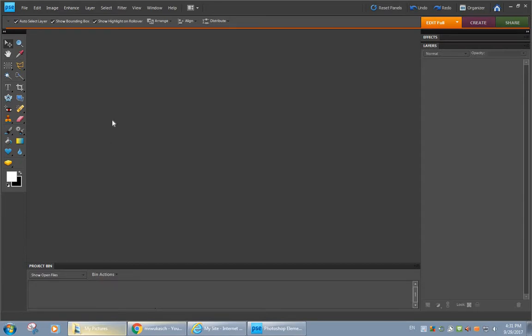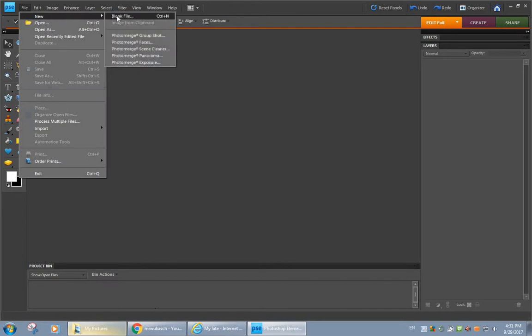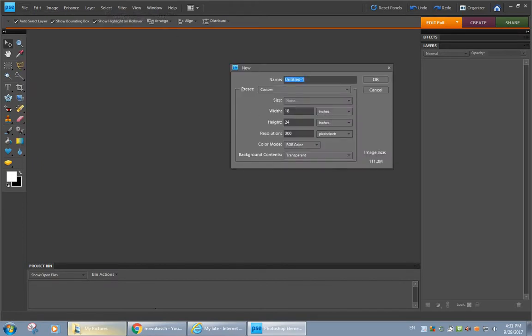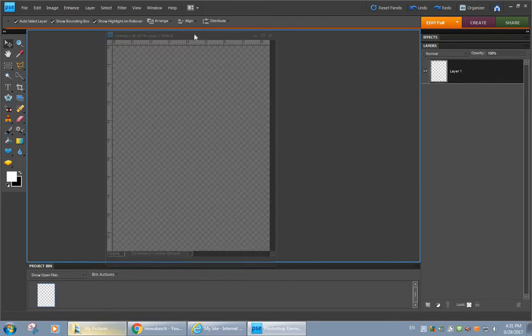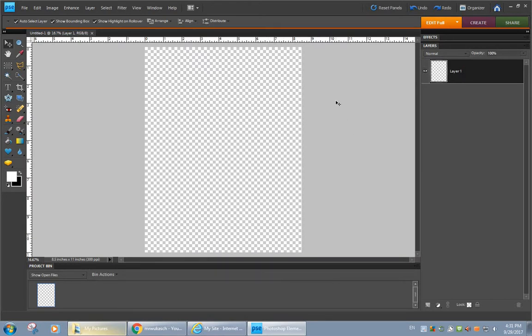Let's talk about layers in Photoshop Elements 8. Let's make a new blank file. 8.5 by 11 is fine for this. 300 pixels per inch, always, because you'll probably be printing these. Drag the window up to the orange line, let it go, and you'll notice that the layers palette is over